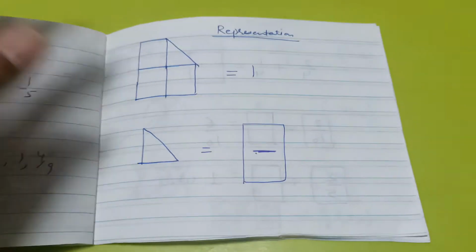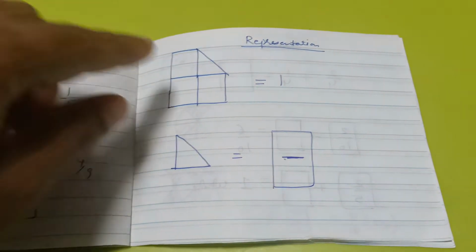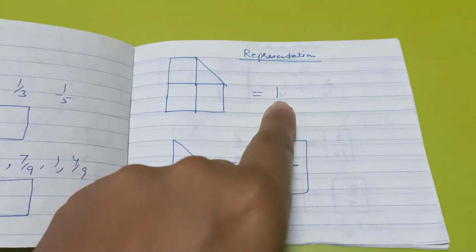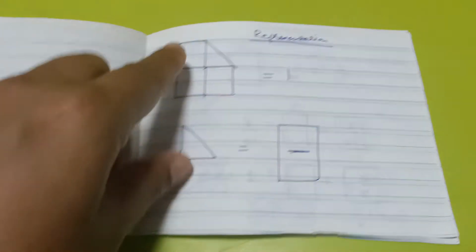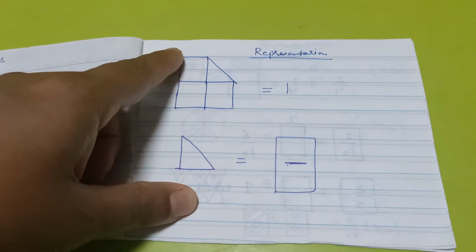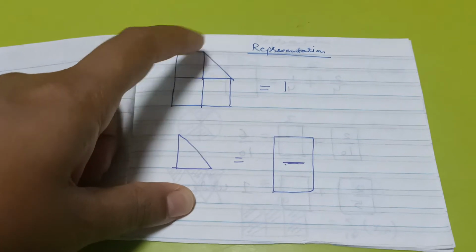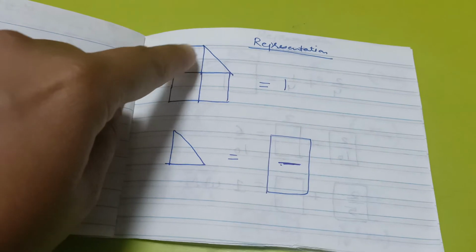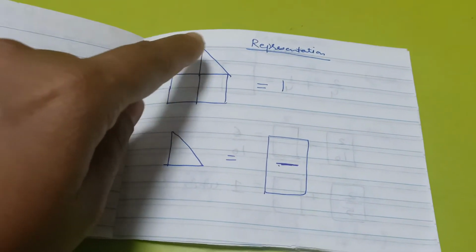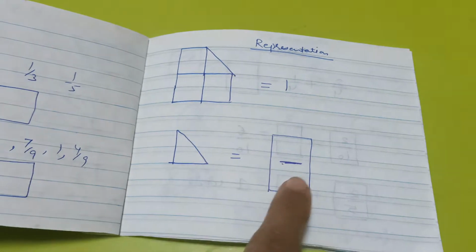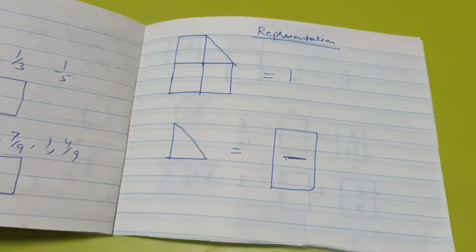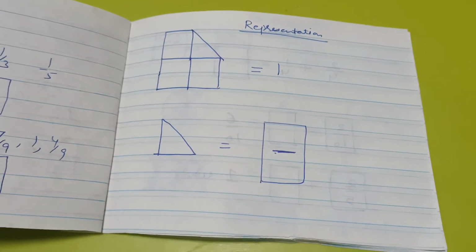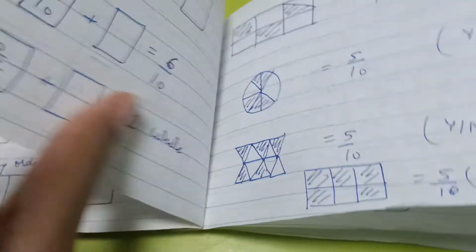Here again was a tricky question which I found in one of the workbooks. Like this shape I have made, they made a triangle here and told us this is one whole. So what is this one? A child has to divide this, this is half of the square, right? So to find this fraction, you have to divide everything in half. So basically 2, 3, 4, 5, 6, 7 parts. So this is 1/7 part of it. A completely advanced level of understanding of fractions is required here. Only basic representation, but thorough understanding. I want to see if she can do it or not.